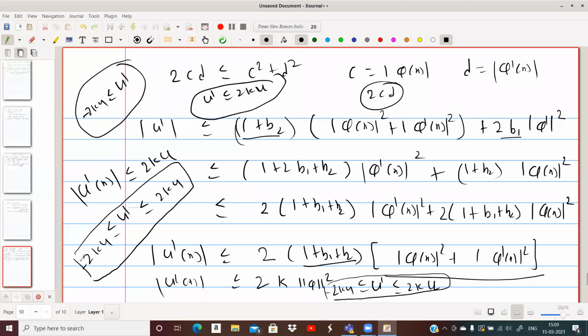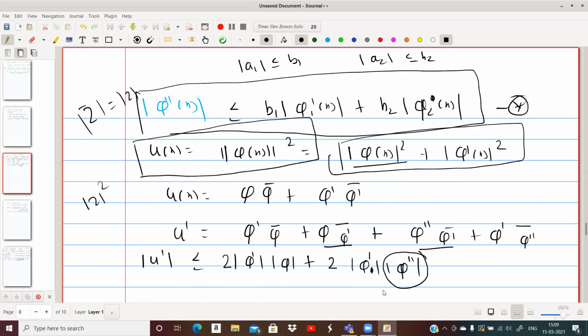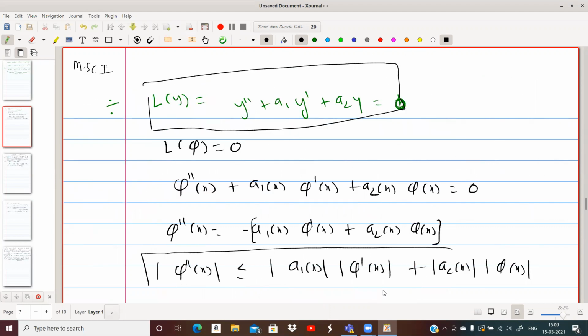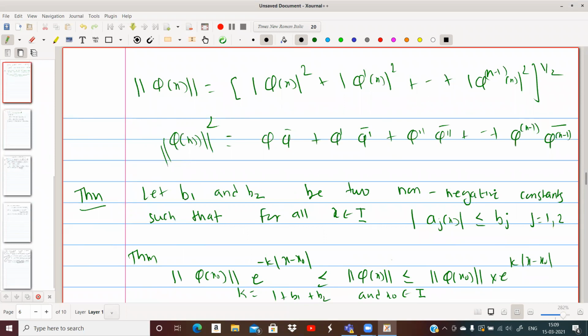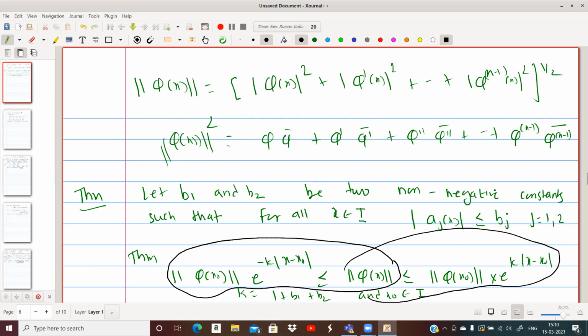We are assuming two cases. From one case we prove one, and this is a first order linear differential equation with constant coefficients, and you can use the required conditions from it. We have already seen this in variable coefficients. From that these conditions are given. From one case this condition comes, and from the other, minus 2ku less than or equal to u dash gives these conditions, and u dash less than or equal to 2ku will give these conditions. How that works we will discuss in tomorrow's lecture, and we'll have some examples on it.